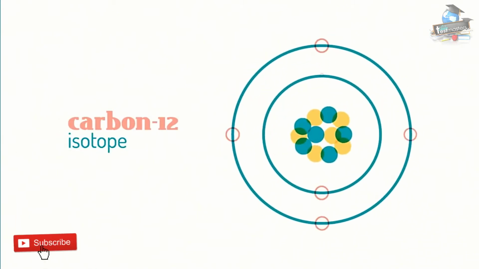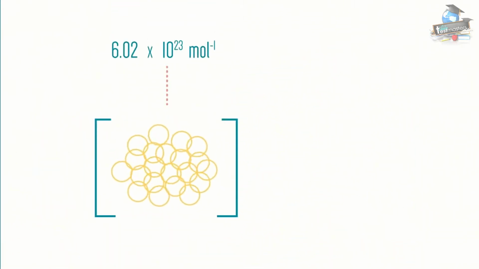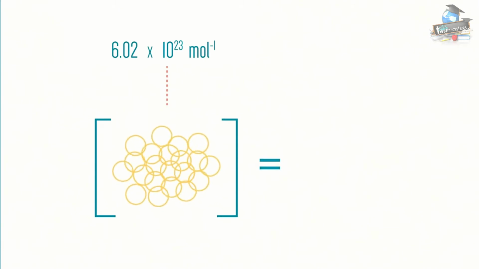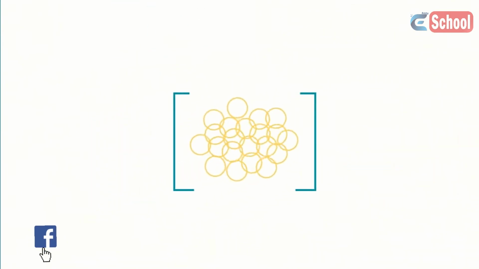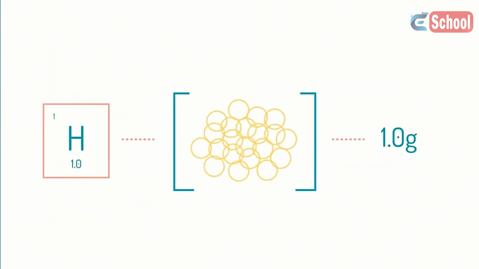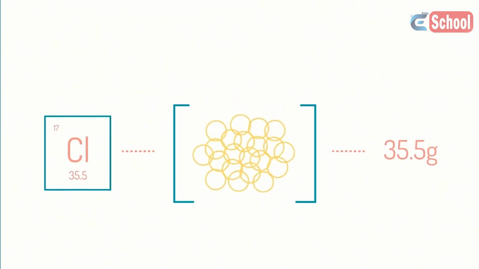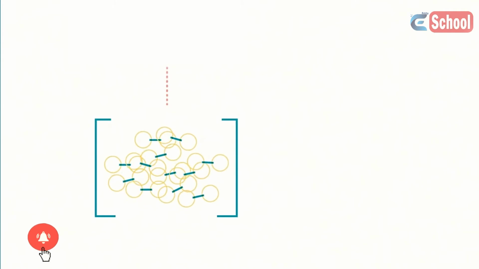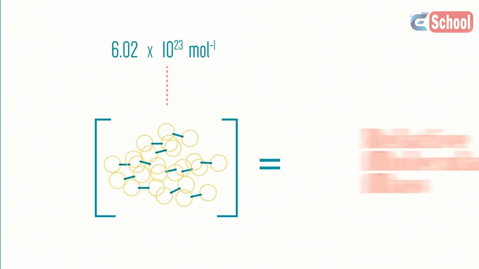It is the number of atoms per mole of the carbon-12 isotope. For atoms, the mass of Avogadro's number of particles is equal to their relative atomic mass in grams. So, the mass of Avogadro's number of hydrogen atoms is 1 gram, and the mass of Avogadro's number of chlorine atoms is 35.5 grams. For molecules, the mass of Avogadro's number of particles is equal to their relative molecular mass